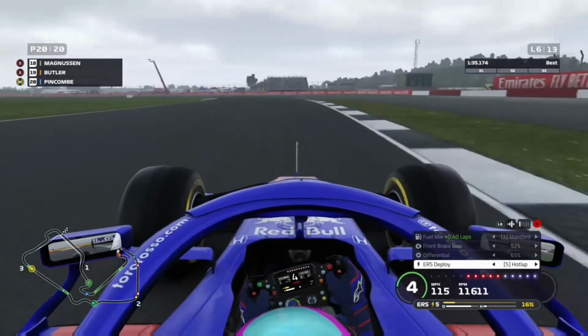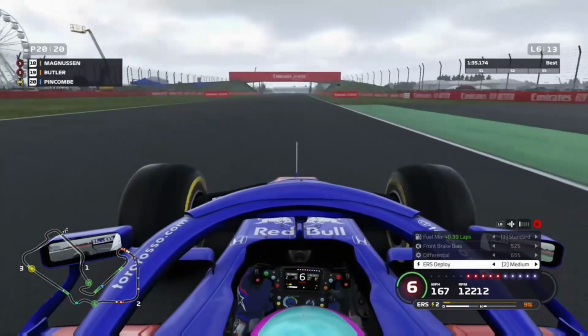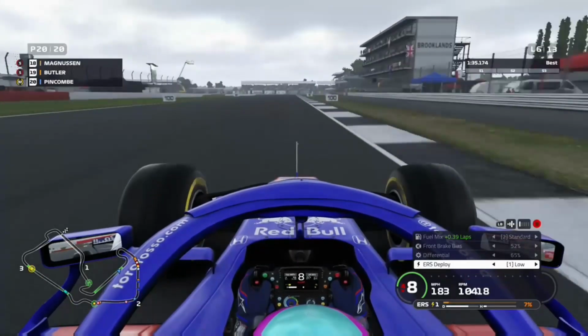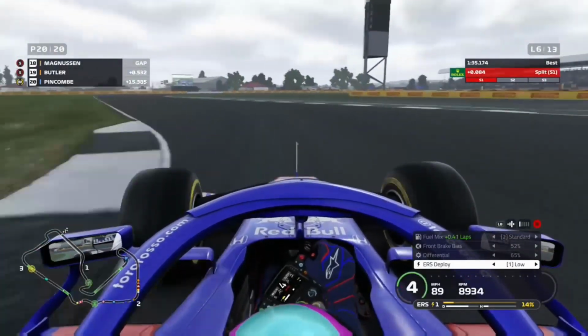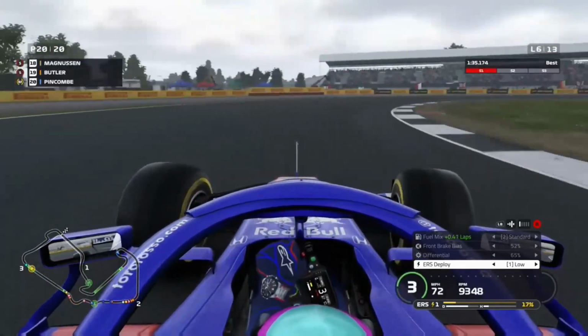Hopefully we can pump in some laps, and if these guys aren't pitting, maybe we can get an undercut going and working on these guys in front of us. So hopefully we can see that we've used a lot of our ERS and we're just having to save it now. So that's going to be difficult, but we're 15 seconds behind Devon Butler, who's currently running in 19th,